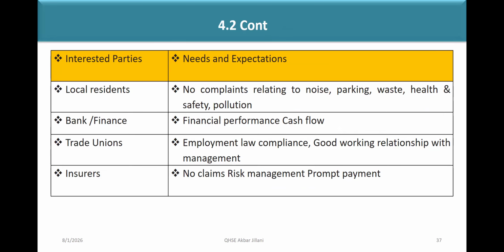Now, local residents. Sometimes the local residents also complain to the government, like from this company we are getting too much noise, too much air pollution. Now, currently, where is your project? In Sadiyat, Abu Dhabi. Now, see, in Sadiyat we have schools, yes? Yes. We have hospitals, yes? Yes. And the local area is also there. So from time to time, particularly at night, you have to conduct noise monitoring. Yes or no? Yes.